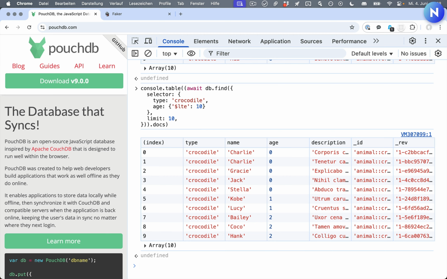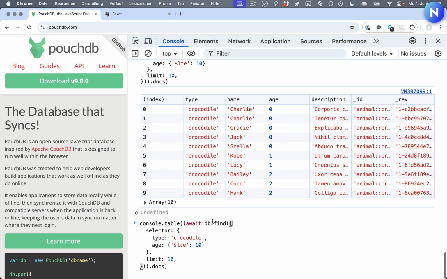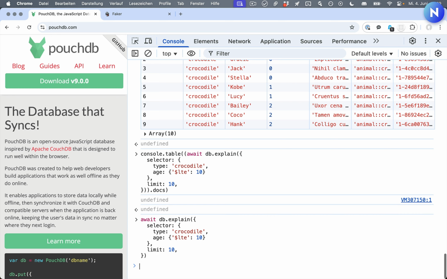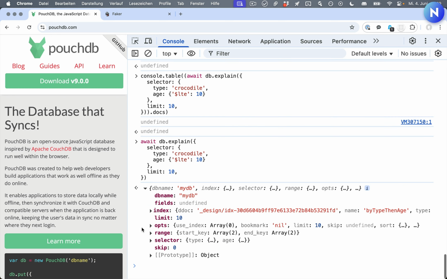That's all very nice. Once you have multiple indexes, PouchDB and CouchDB will pick the most suitable one for you. But you can always override this. There's a use_index option. Before you start customizing which indexes are being used, you probably want to find out which index is currently being used. And for that, you can simply replace the find with explain. And of course, then remove all of our custom table formatting so you can actually see what's going on.